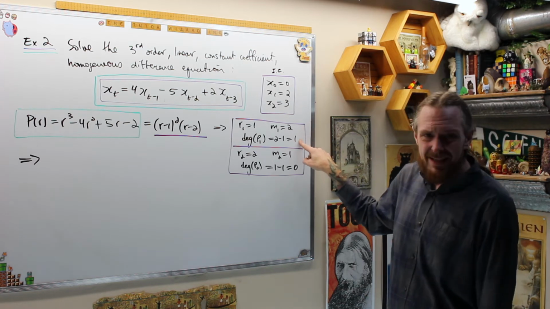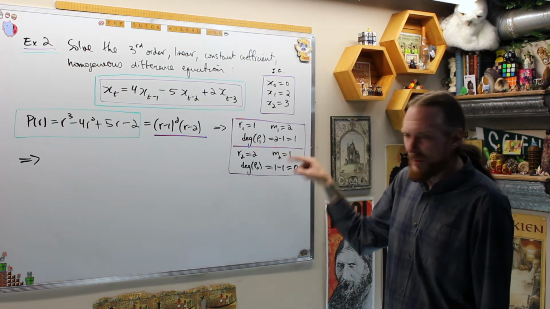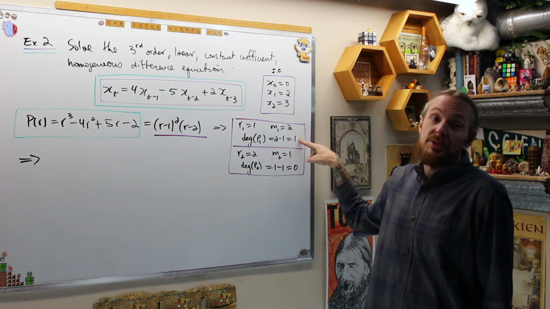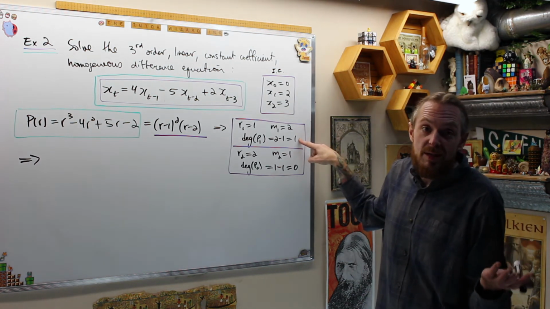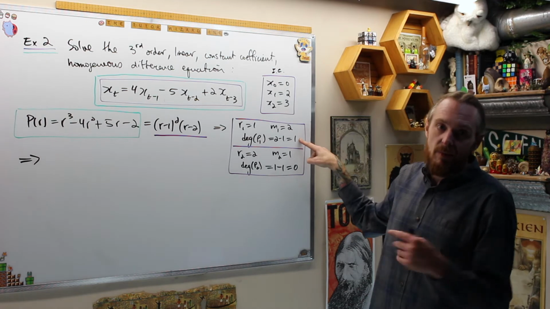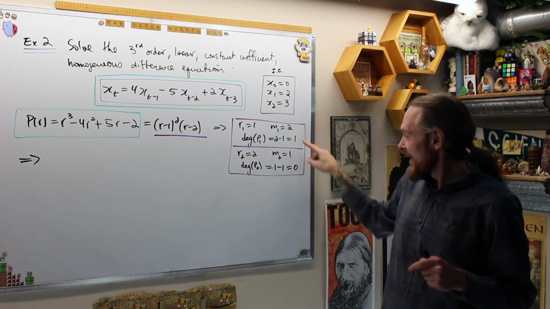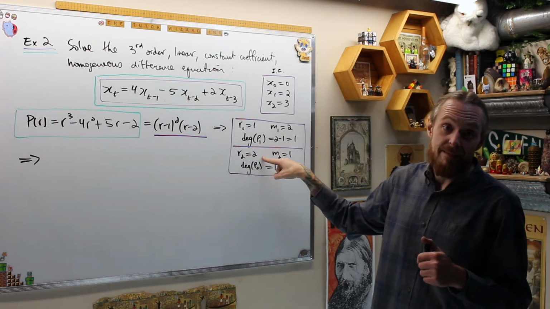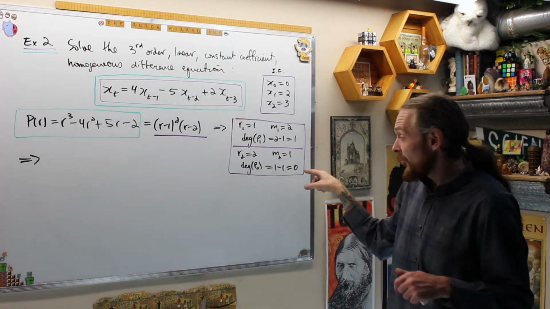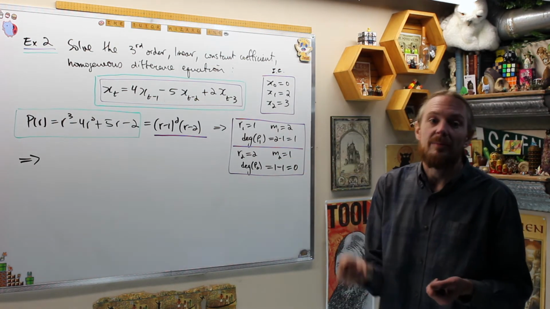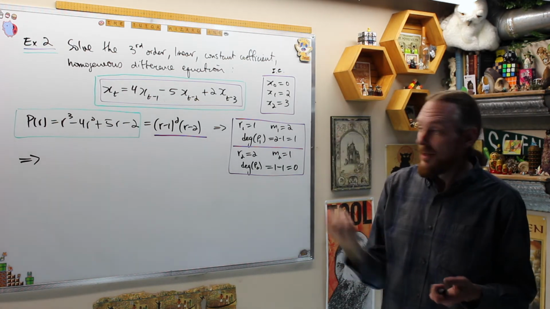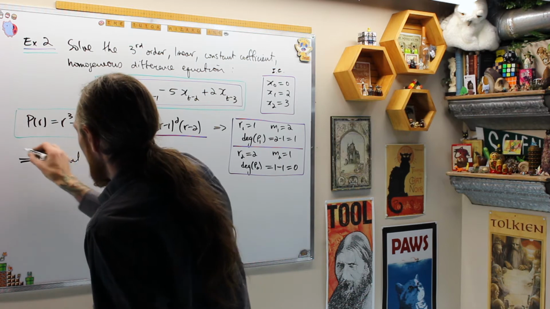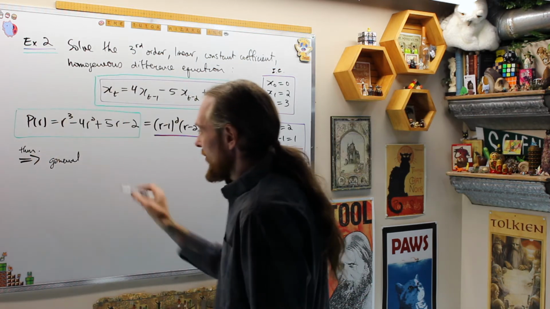That tells me immediately from the theorem that the degree of that polynomial, and the guess I'm going to make, is going to be a degree 1 polynomial. The general form of a degree 1 polynomial is going to be at plus b, if you don't want to use indices for the coefficients. And the polynomial standing in front of the 2 to the t is going to be a degree 0 polynomial. A degree 0 polynomial means it's a constant or a fixed number. What that means is the general solution, the theorem tells us,